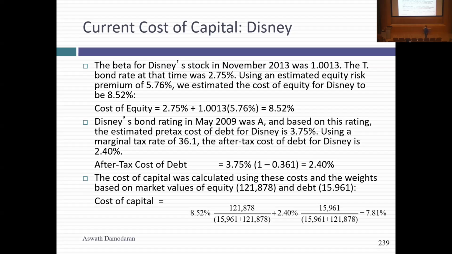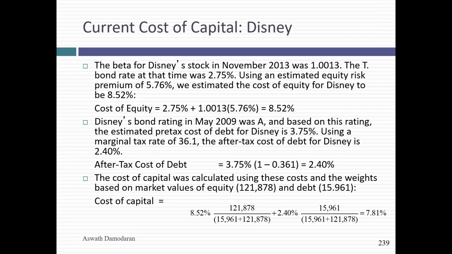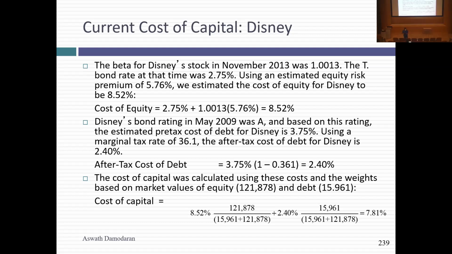Let me do a pause there. A lot of people in valuing companies will use what they call a target debt ratio instead of today's debt ratio. Don't go there. This is not your company. You can't go around replacing companies' existing debt ratio targets just because you feel that. With two exceptions. One is if you're acquiring the company. Remember for Disney, we computed an optimal debt ratio of 40%. You say, why aren't you using it? Because I don't run the company. Bob Iger did. And he didn't like to borrow money. I can't replace what they're actually doing with what I think the right debt ratio is.